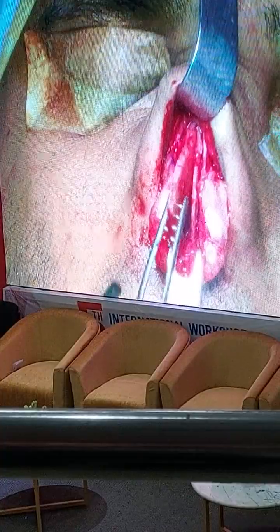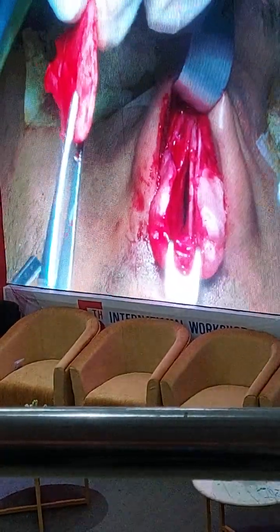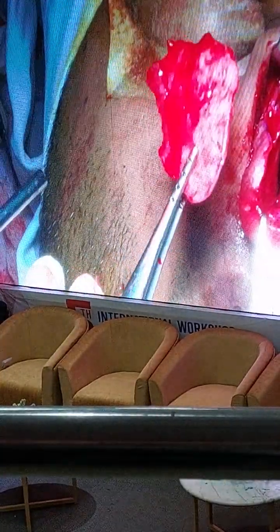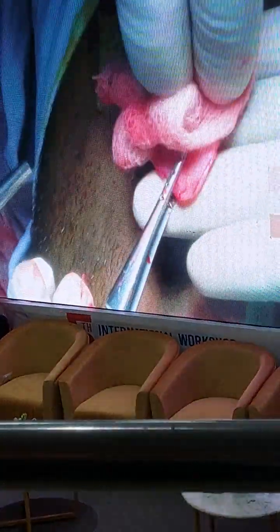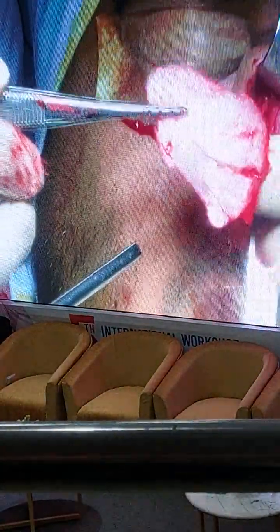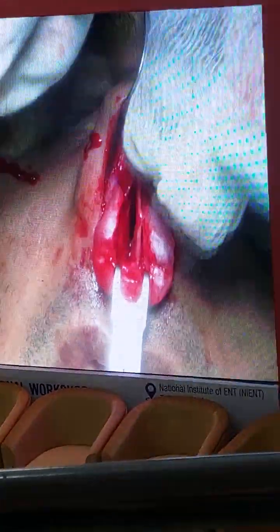So look, we have this part of the septum. This is the superior part, this is the inferior part, and this is my PDS thread. So the quadrilateral cartilage is almost straight. There is no deviation here. Yes, but still we have the deviated part inside. In this patient the pathology is in the anterior caudal part, because the caudal part of the septum is deviated on the one side, the left side. This is the mid part of the septum.